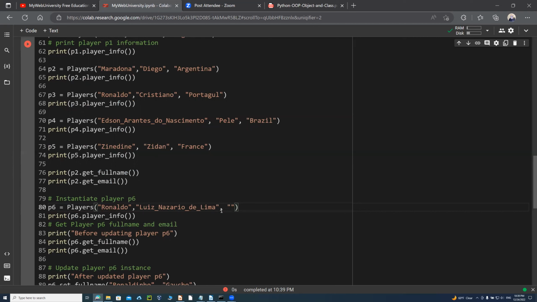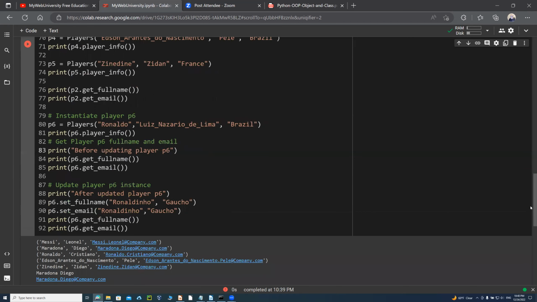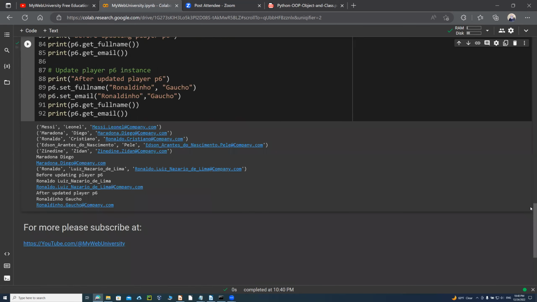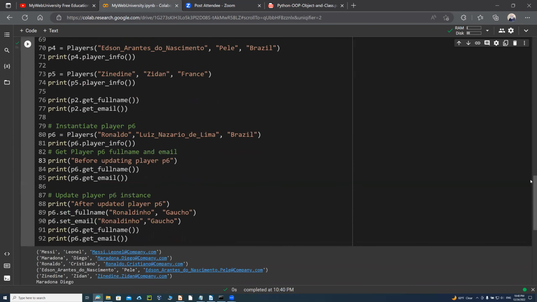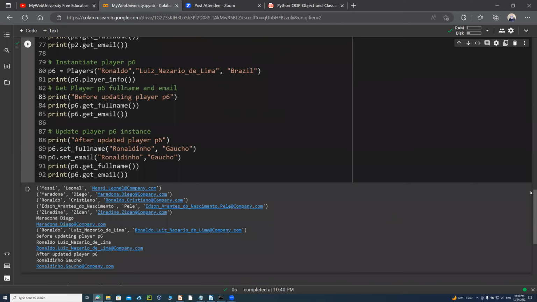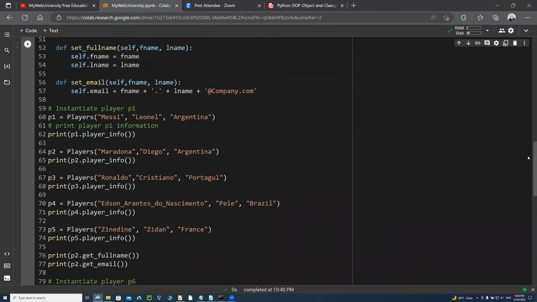So this one is also Ronaldo is from Brazil. And then we just do that one. And Ronaldo is there. And P6. And then let's see if now it is working fine. Yeah, it does. So at this time, if we just want to print the pillar 6 method, then that means